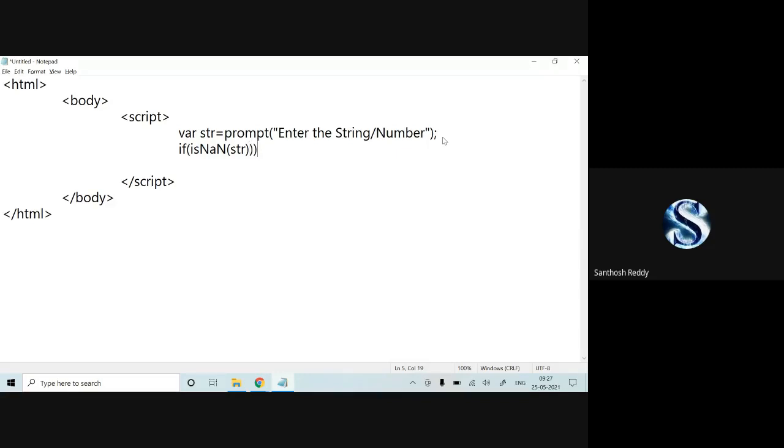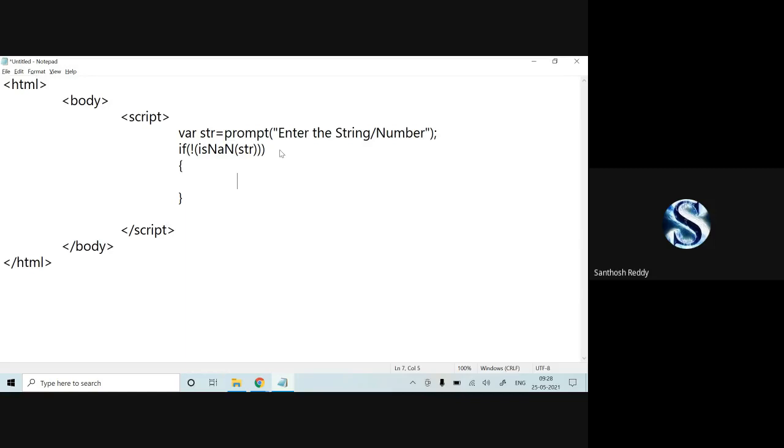Later I'll close this function and put it as not and this. So whatever you entered is checked whether it is a number or not. If it is not, it will enter this if part. Now if it is not a number, then it should be a string.